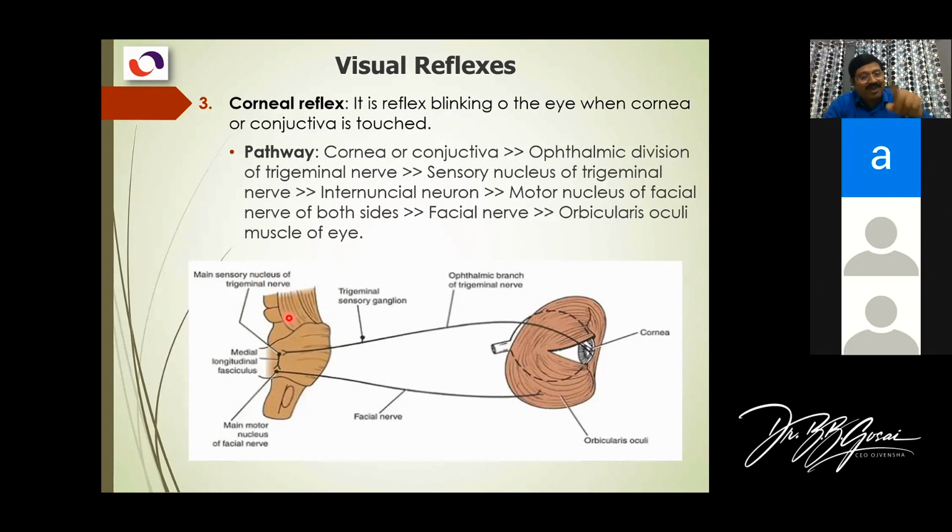So it is going down, but somebody else will be going up also. This one is going down because the facial nucleus is below. But some will go up to the midbrain, like for the mesencephalic nucleus of trigeminal. So the medial longitudinal fasciculus is like a lift, and the lift will open, meaning there are fibers going out, fibers connecting in, and fibers going up and going down, so that each nucleus is knowing what the others are doing.